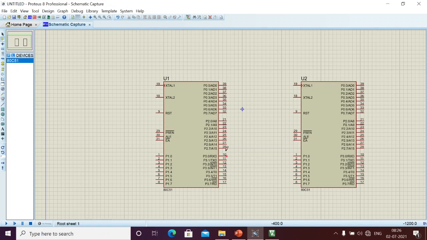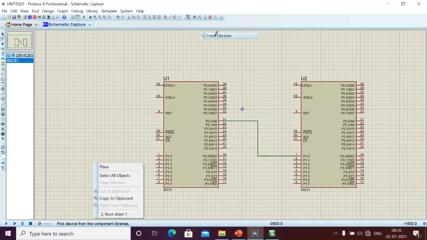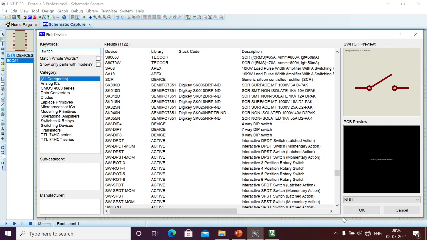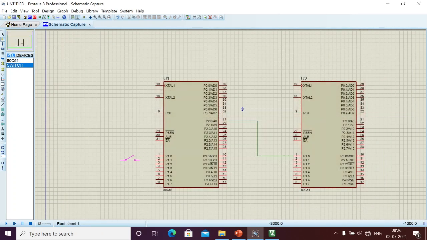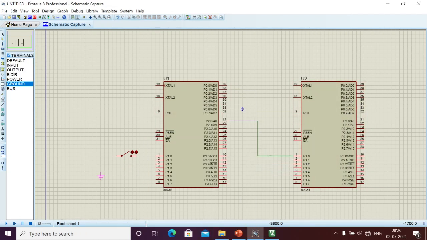Here I am going to connect this 2.0 to 1.0 of the other microcontroller. Here I am going to exchange whatever the microcontroller logic 0 or logic 1. And here I am going to connect one switch. Here the switch is there. I am going to connect it across 2.0, and similarly I am going to take one terminal to ground. Here I am going to connect the switch to the ground and the other end directly to the microcontroller pin.